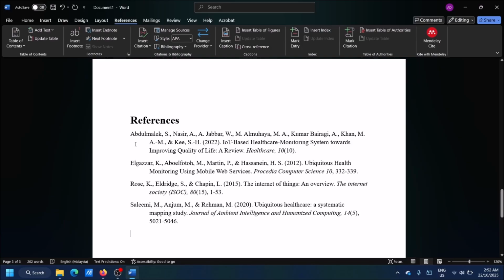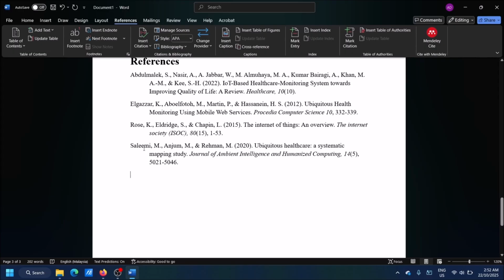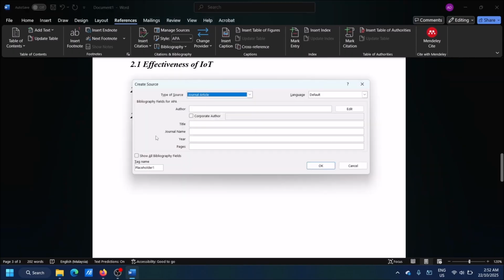It automatically adds in all the references that you already have in the paper, and of course when you want to add more sources,